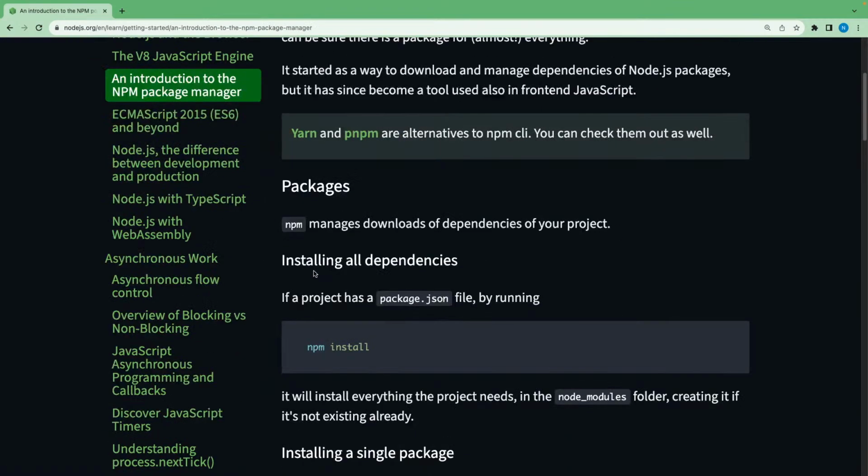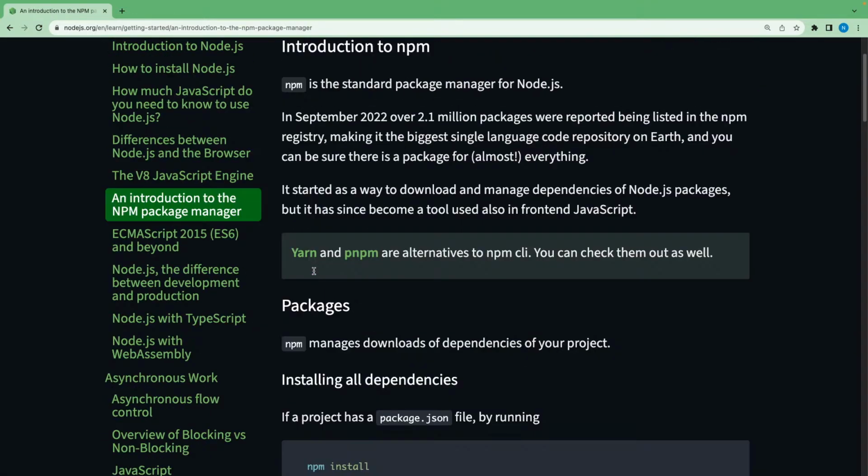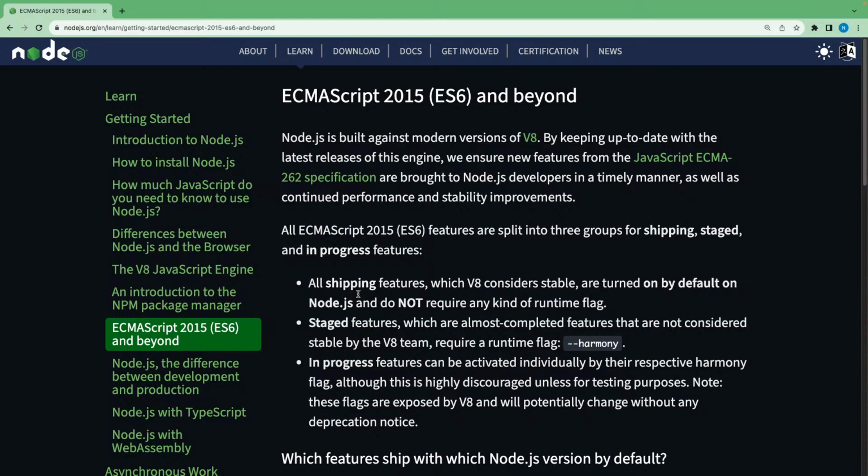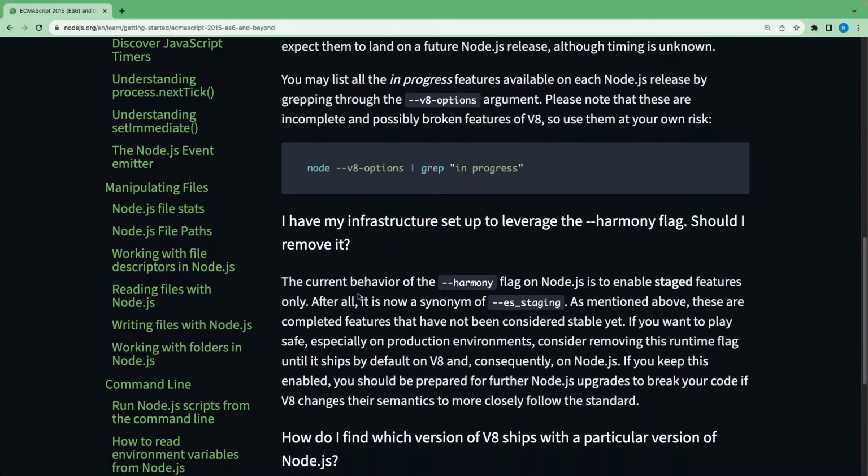These are npm packages. We already know what npm packages are, so I will not go into this. There is ECMA 2015, the features which are in progress, like